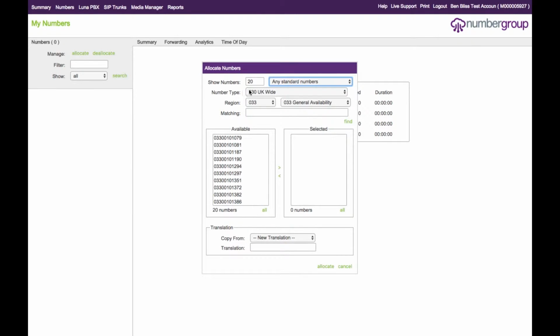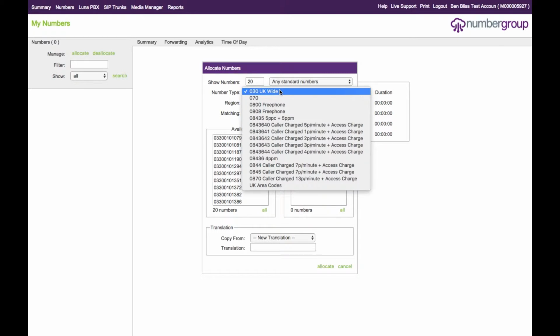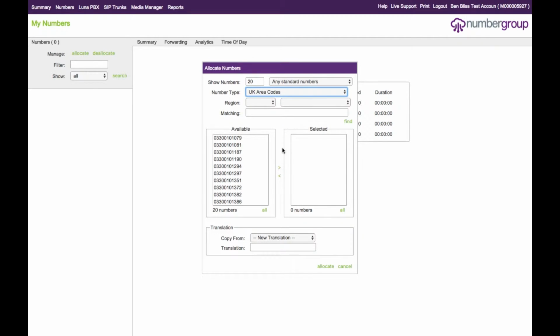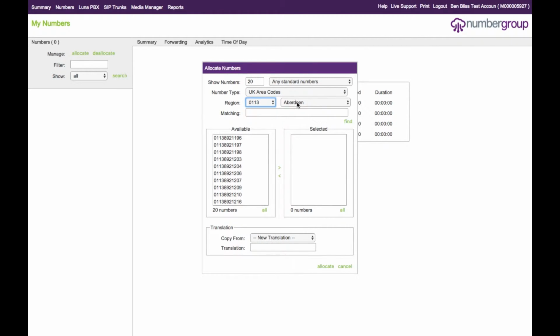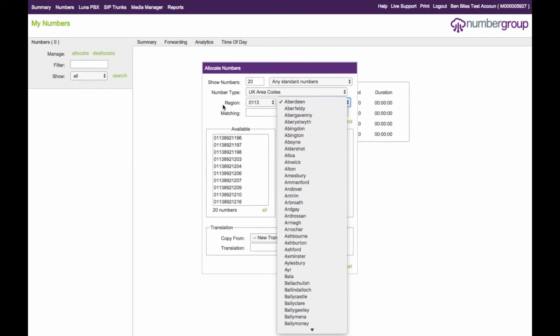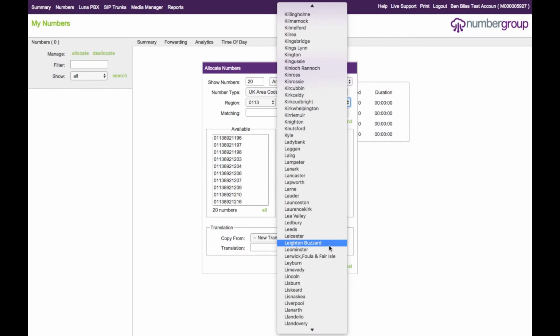Now we go down to number type. You have the different area codes. So we'll say, for example, we want to associate a UK area code. Now we have another section here, which is region, and you also have the area. You can choose either by area code, or if you know the area you're interested in, you can choose by that. So let's just say we want